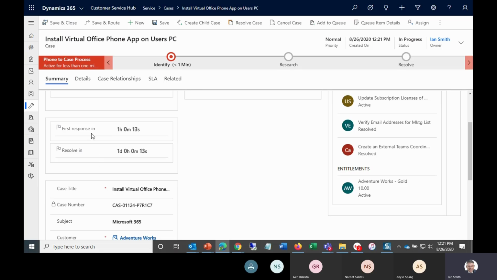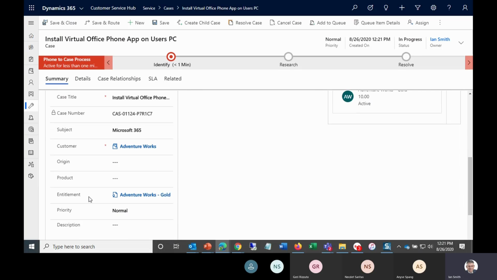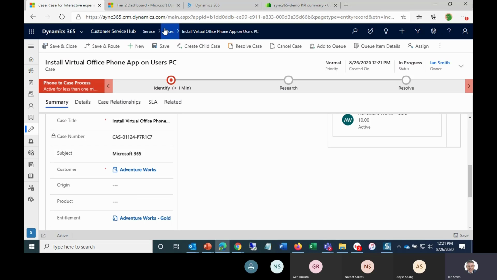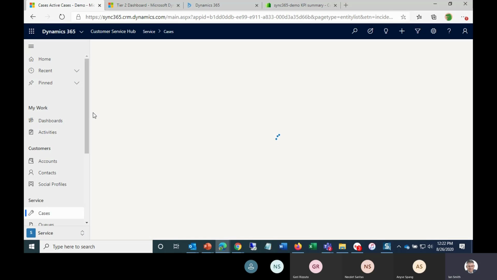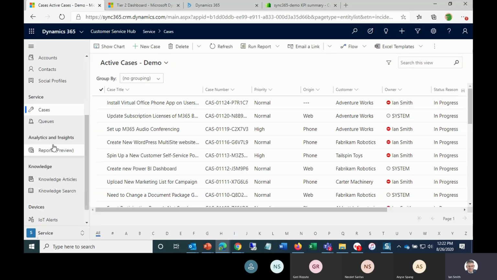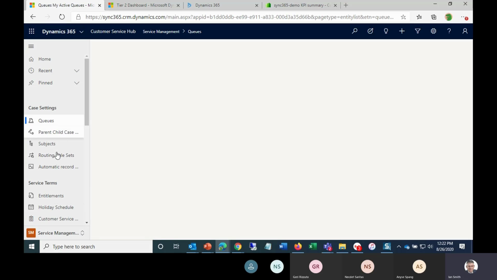immediately, upon creation of a case, we have an entitlement popped in, and that's because at the, let's go to configuration. So this is case entry. I'll just pop over to configuration mode for a minute. So I'm going to come out of this case, go back to my main menu here, and I'm in the customer service hub, but in the end user mode here, and then I'll go over to the configuration mode, and I'll show